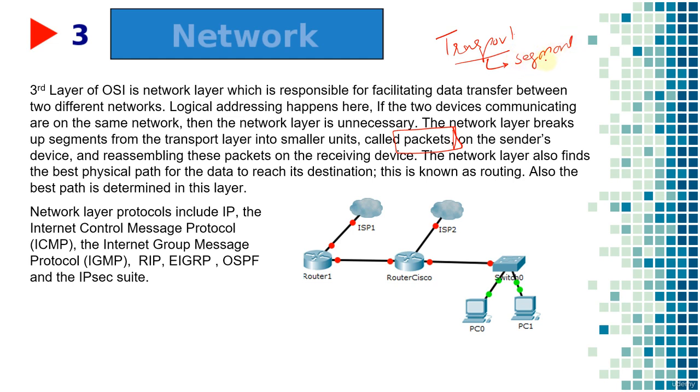But as soon as these segments reach the network layer, the definition changes and it is called packets. So in a networking environment, if two professionals are communicating with each other, and one professional says to another one, we are facing some segment issues,